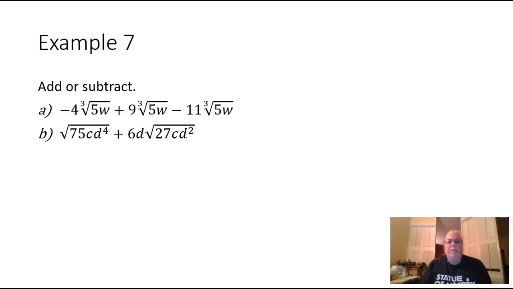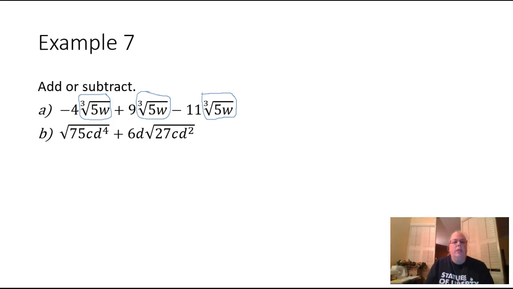This is example 7 from lesson R.2. We're going to add or subtract some of these radicals. In part A, you will notice that all of the radicals are the same. We have the same index of 3, and we have the same radicand, the stuff that's underneath the radical, of 5w. If this is the case, then we can actually treat these as a variable and just add or subtract